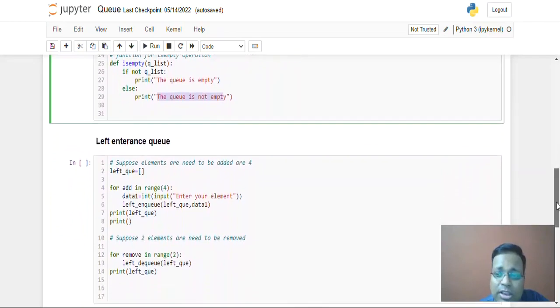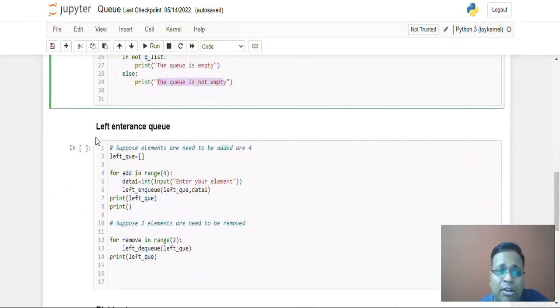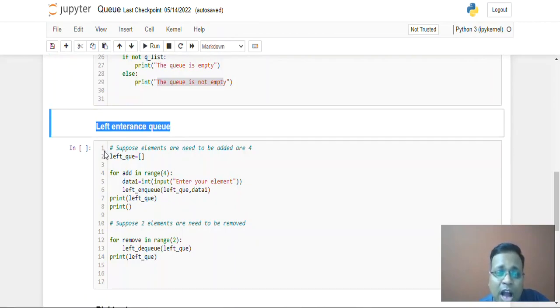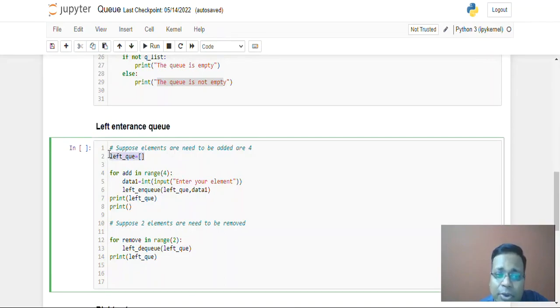So here I am going to show you, first of all, the left entrance queue. I have taken one blank list and given it the name left queue, and for this purpose, as I have written here, I am making a queue of 4 elements. So consider the targeted size of the queue is 4. So for adding the 4 elements in a queue,